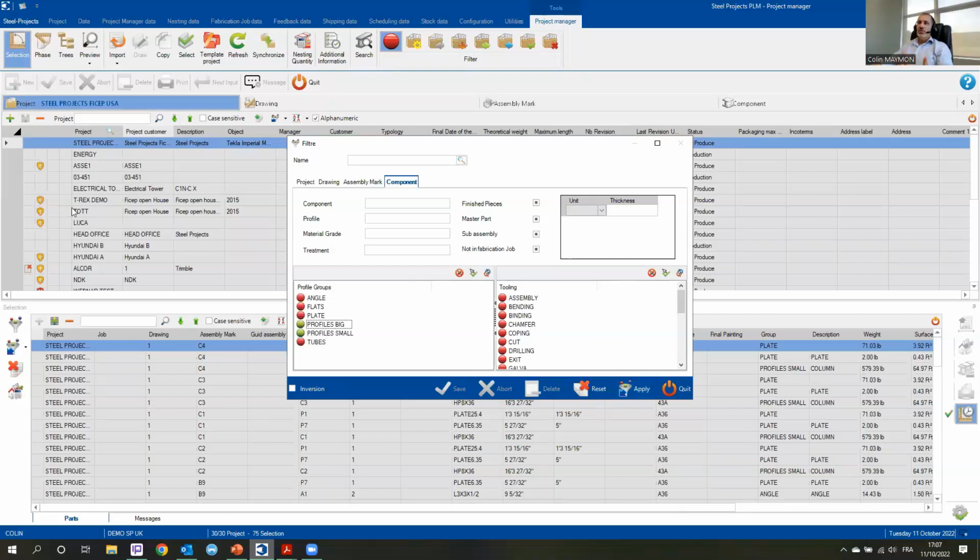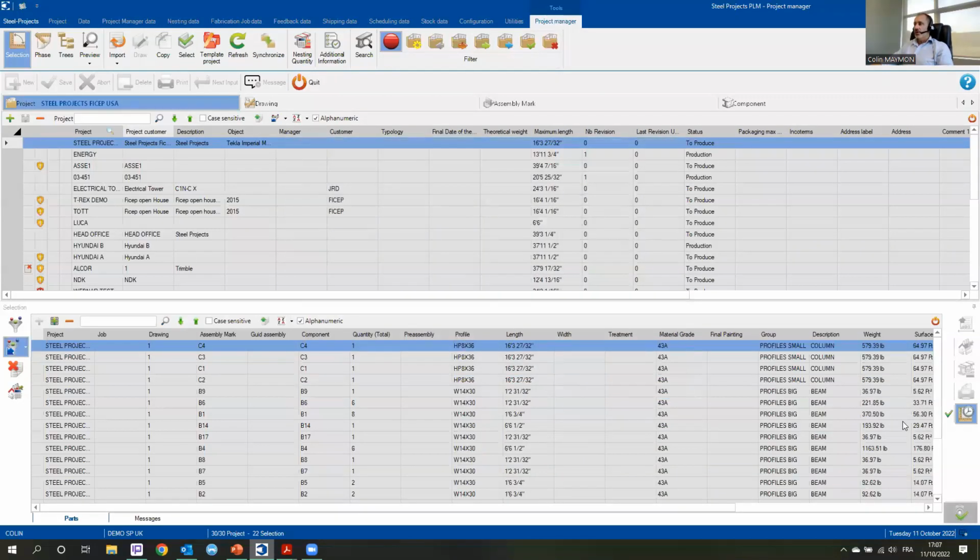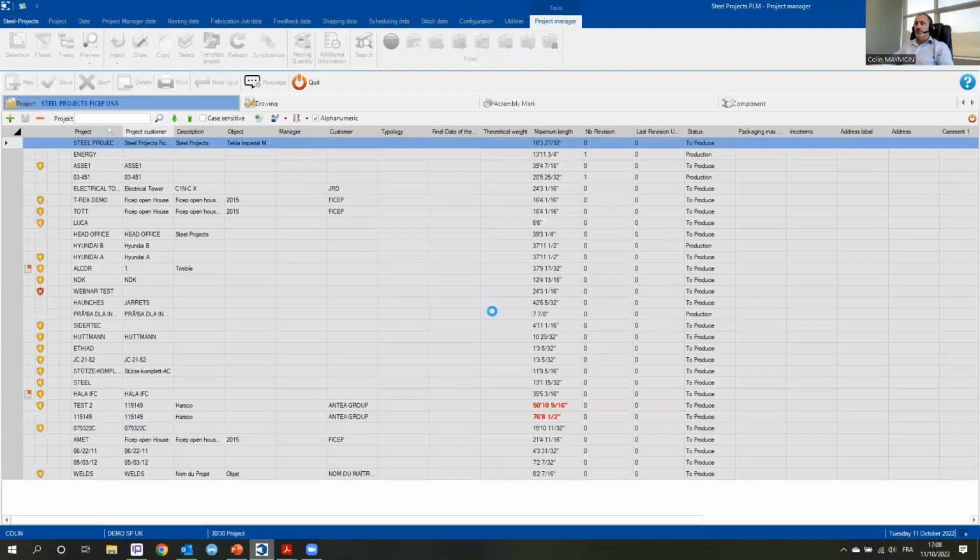Here I'm using only one project out of all the projects I've got here, but I could slide 1, 2, 3 projects and filter all the profiles of those 3 different projects, because we are multi-project software. We are not working with only one project at the same time. If I apply and I go on OK here,